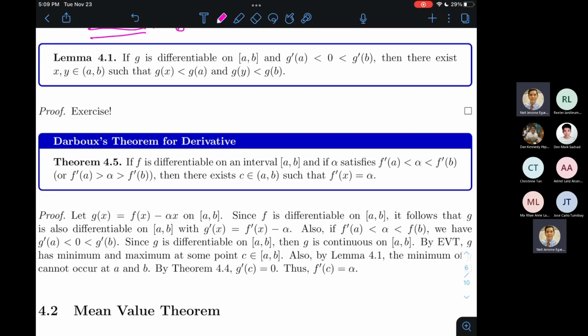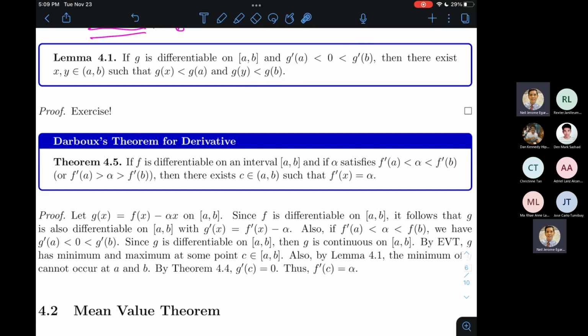Okay. So, all right. So I'll assume that everything is fine unless you will tell me otherwise. Okay. Now, Lemma 4.1, there is a major typo here. Na-correct ko na to dun sa latest version. But if you guys, again, are using the previous version, kindly correct this. Okay. And this guy. Ano yung sinasabi ng Lemma 4.1?